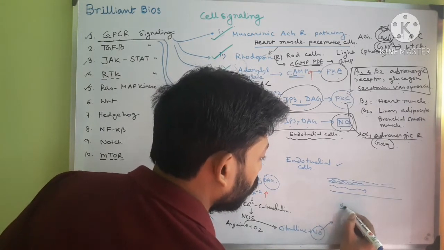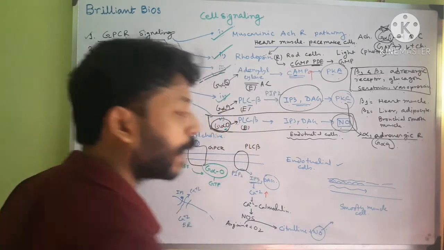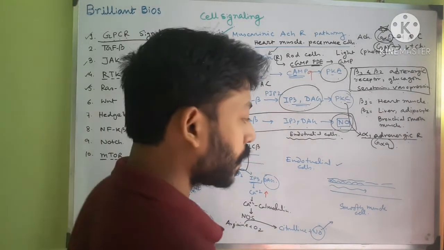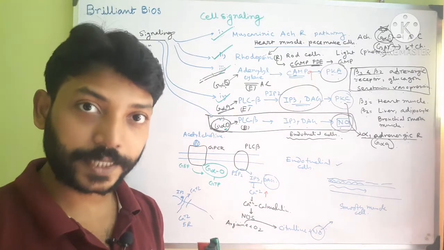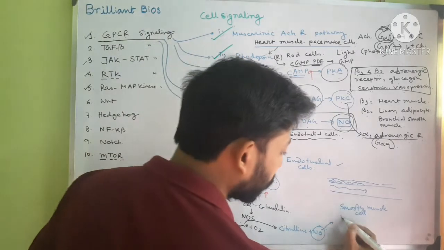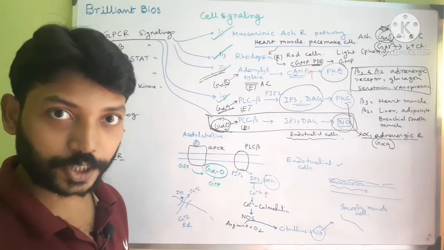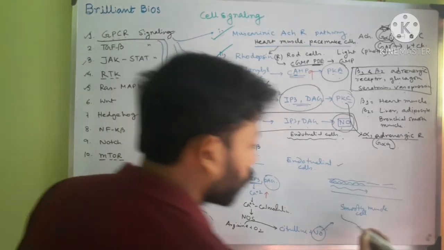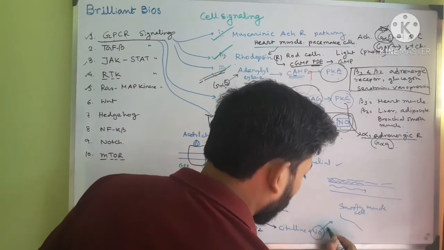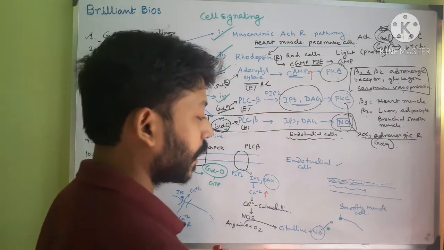It diffuses to the smooth muscle cell. In the smooth muscle cells there is a receptor for this nitric oxide that is a soluble receptor, which means this receptor is present in the cytoplasm, not in the membrane. This receptor is nothing but a cyclic GMP converting enzyme that is called guanylyl cyclase. So this receptor binds with, let's suppose this green is the nitric oxide. When nitric oxide binds with this receptor, which is nothing but a guanylyl cyclase,